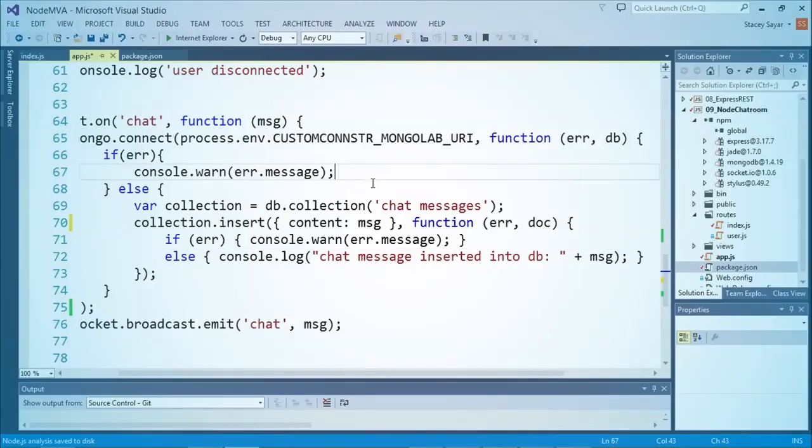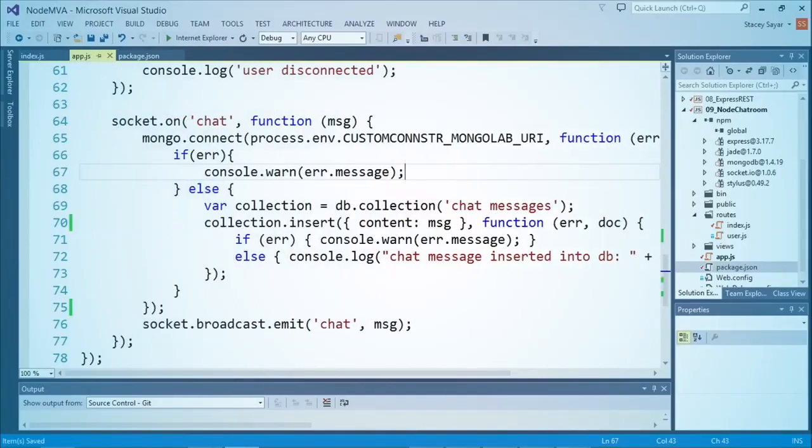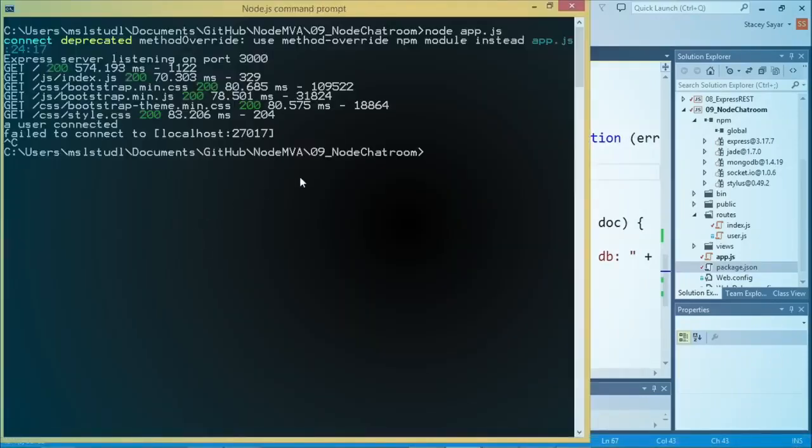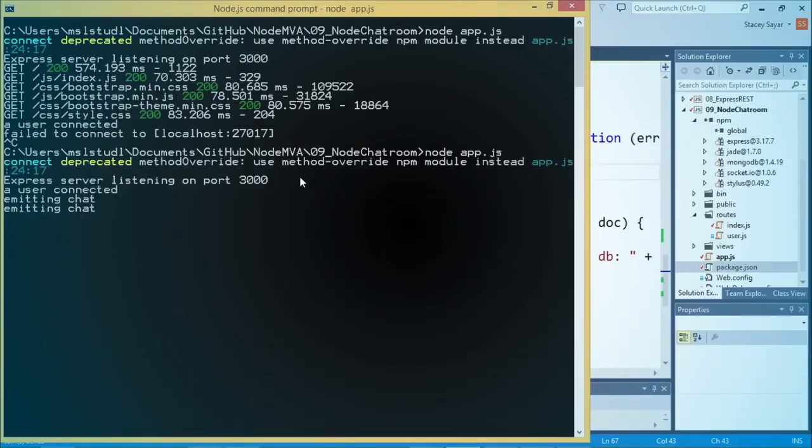Right, so you could get that document back and maybe you update it with the time or someone's username, or for whatever reason, take the time that was inserted in the database and send that over. Sure, yep. Whatever you need to do with it. So now if I actually go back to my node command prompt and I rerun this app, there we go. It seems that I've already put things in my